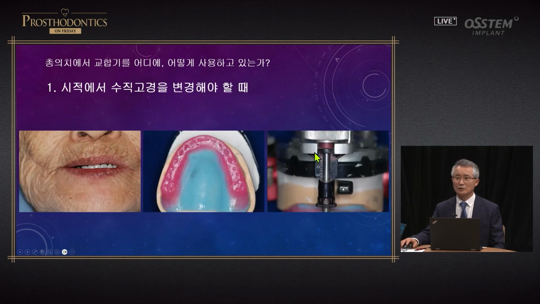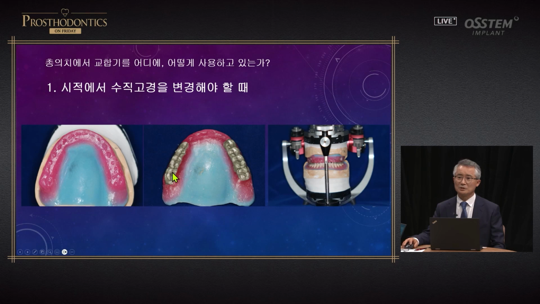In the case of this patient, it still seemed a bit high. About 3.5 millimeters were lowered, and the patient was satisfied with it. Aloe wax was used, and the CR bite was taken once again. It was set as 0, and mounting was done once again. You can do it at chair side within short period of time. You can do it very quickly and adjustments can be applied easily.